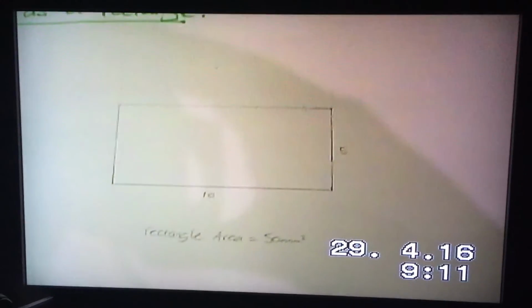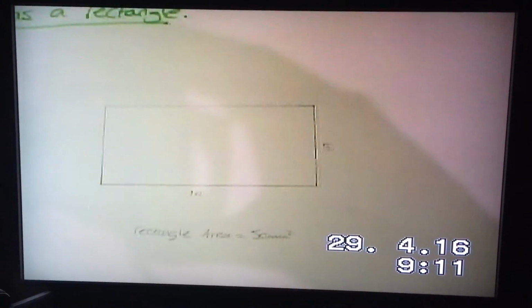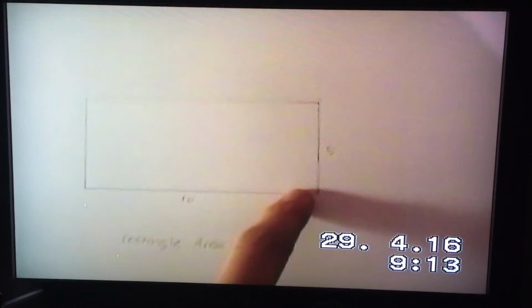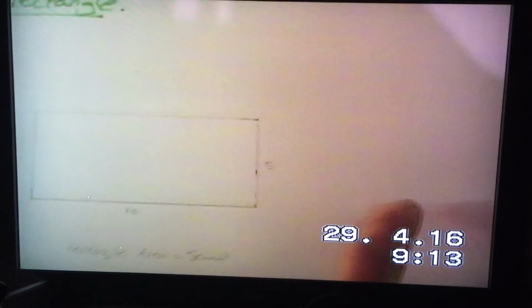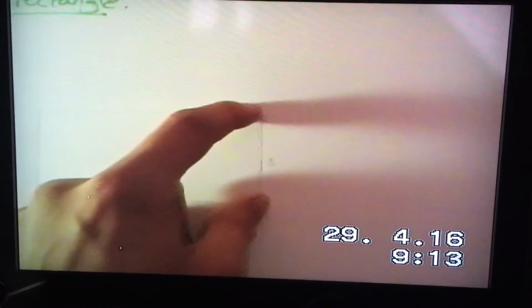So today I'm going to use the mean proportional to get a square the same area as a rectangle. So we start off with a rectangle of any size. I picked 10 by 5, so the area will be something simple like 50 millimeters squared. So the next thing we do is we extend this line in this direction, and we're going to swing this